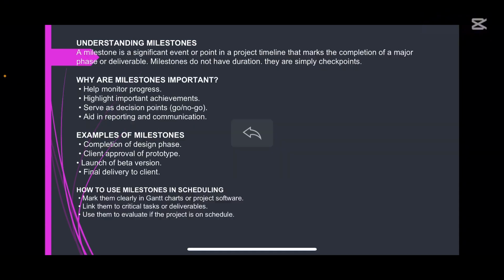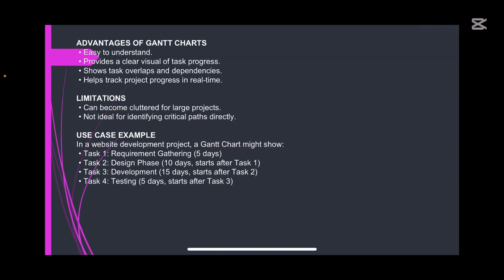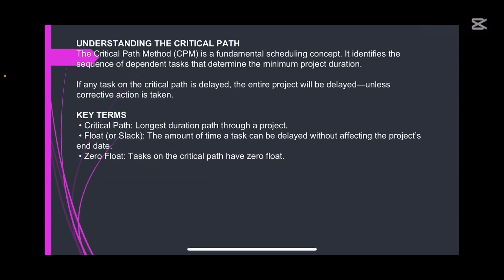Back to our website creation. Now, I'm going to go back to this slide, and I want to gather something. Okay, we have 5 for the first task, plus 10, 15, plus another 15, that's 30, plus 5, that's 35. Now back to critical path. Now we are at 35 for those tasks.